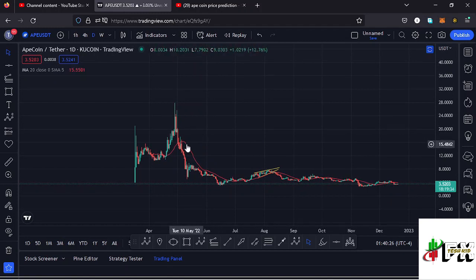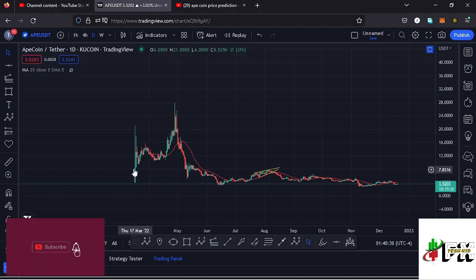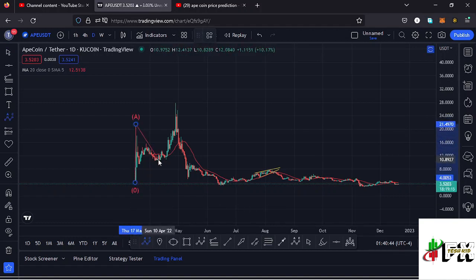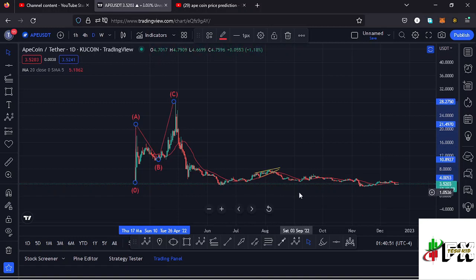And allow me to kickstart the video here on the daily chart by giving you a brief of what has been happening here on the apecoin chart. Apecoin, from these low prices that we had been trading within, we saw a very nice bounce to the upside, making it to an all-time high in a movement that is much of a three-wave structure to the upside. So we can have it as an ABC corrective structure, taking us to an all-time high. And after seeing the all-time high, we have been seeing lower prices, which has continued to give us new lows,